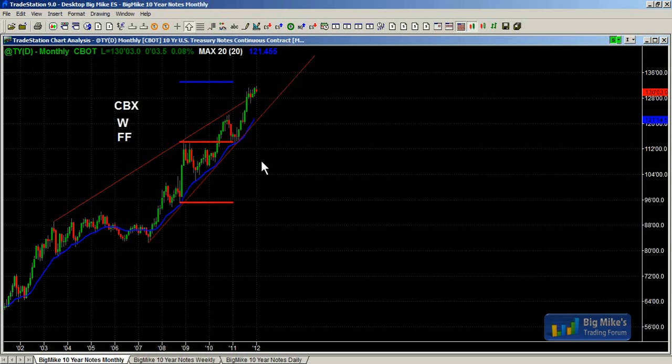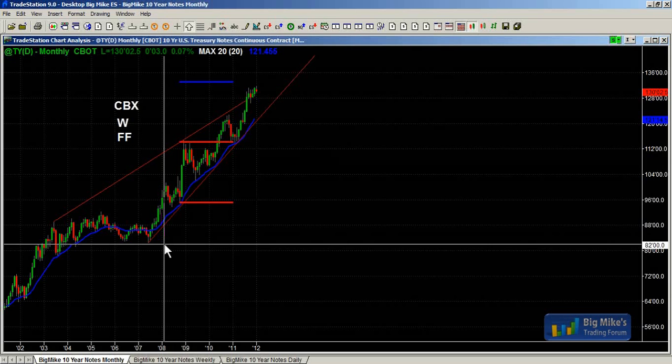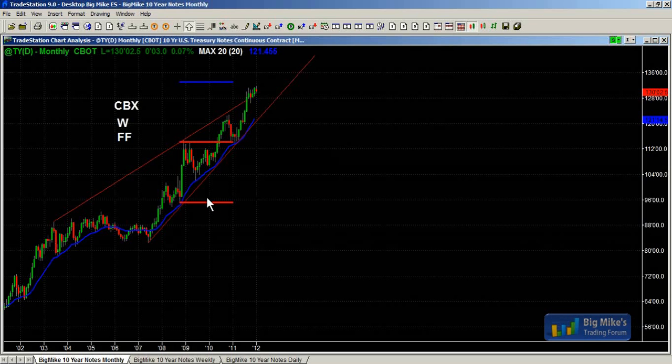And when they turn down, as a guideline, I expect 10 bars, 2 legs. I just throw that phrase out all the time when I'm looking for an opposite move that's more than just a small pullback. It could be far more than 10 bars. It could be 20 or 30 bars. It could be far more than 2 legs. We could come all the way back down here to the '08 lows over the next several years. But I think we're very close to a major top in the notes, which means interest rates will probably go up.